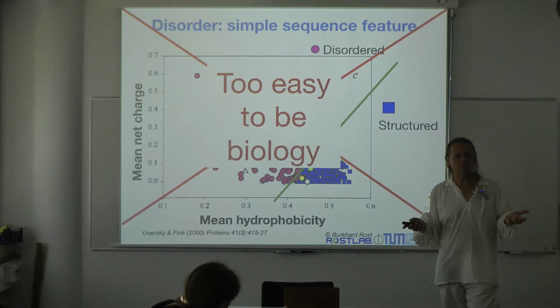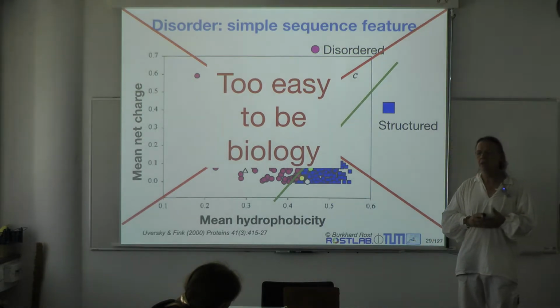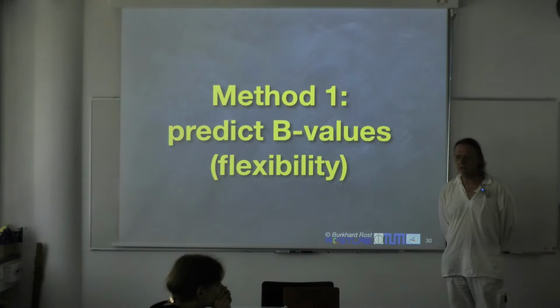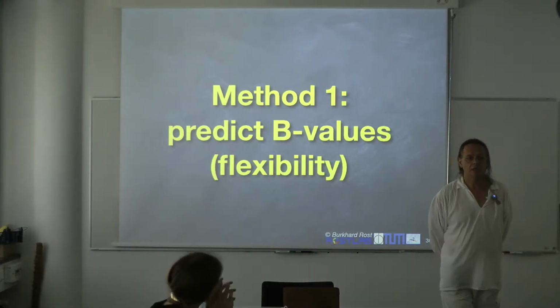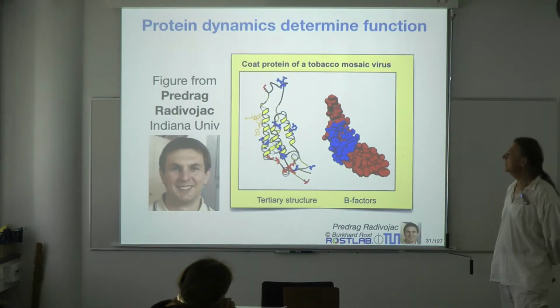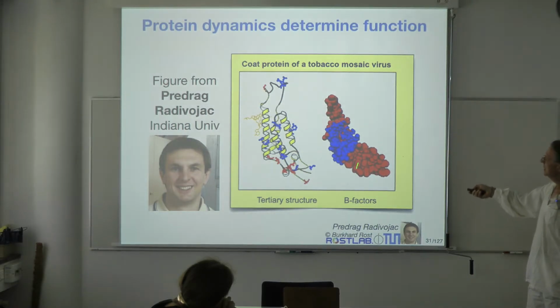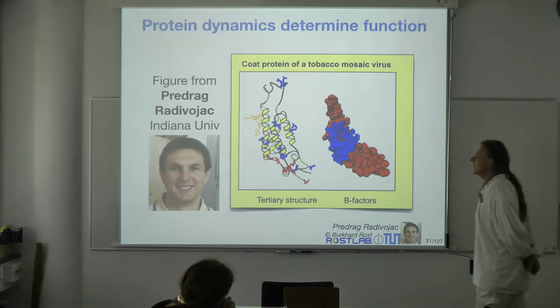You know how that is called in the PDB? There's a measurement for that. Ever heard? They're so-called B values. B values measure local flexibility, and Predrag, again, hopefully is going to give a talk next Tuesday on the coat protein of tobacco mosaic virus. You see that there's a region that is blue, very rigid, and then there are two side regions here that